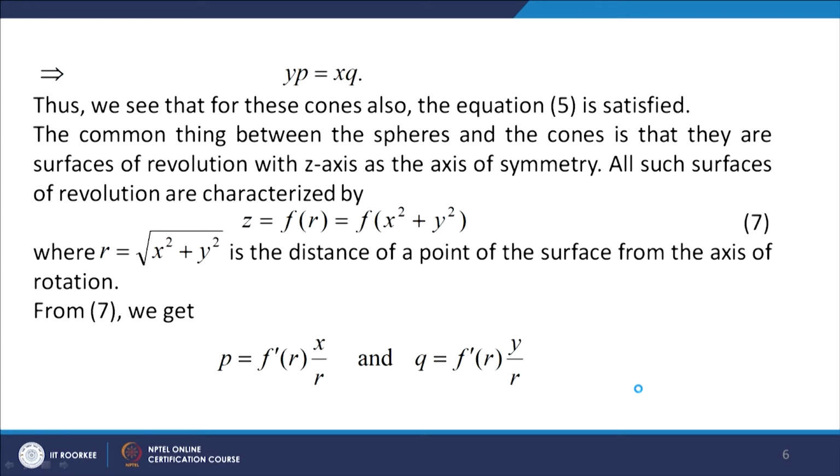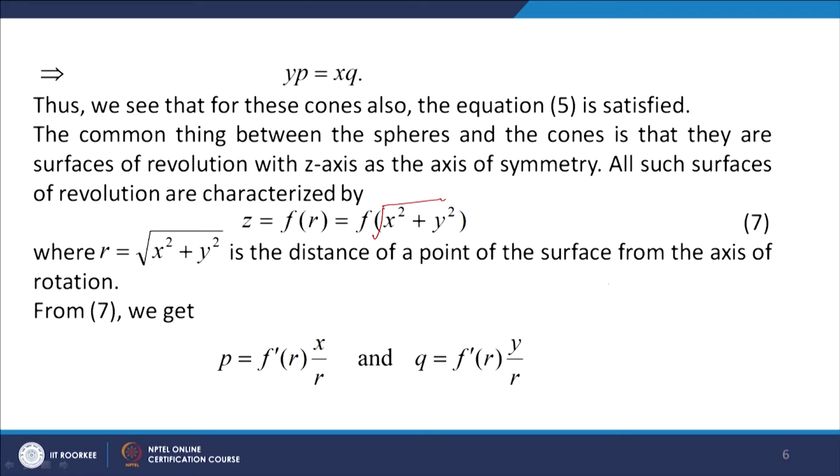The sphere can be generated with the z axis as the axis of symmetry, and similarly the right circular cone can be generated with the z axis as the axis of symmetry. Now, all such surfaces of revolution are characterized by z equal to f(r), which is f of under root x square plus y square, where r is under root x square plus y square, the distance of a point of the surface from